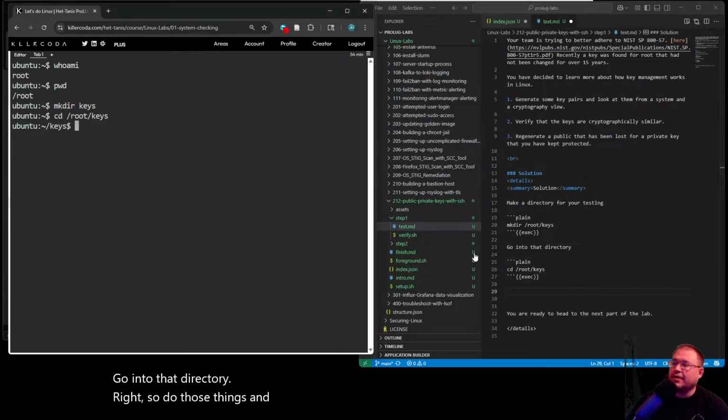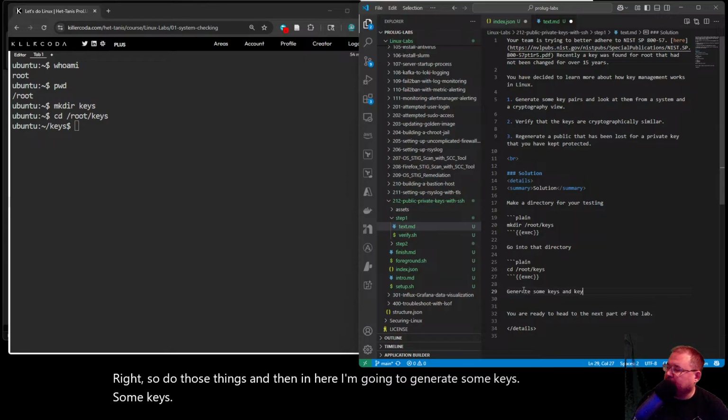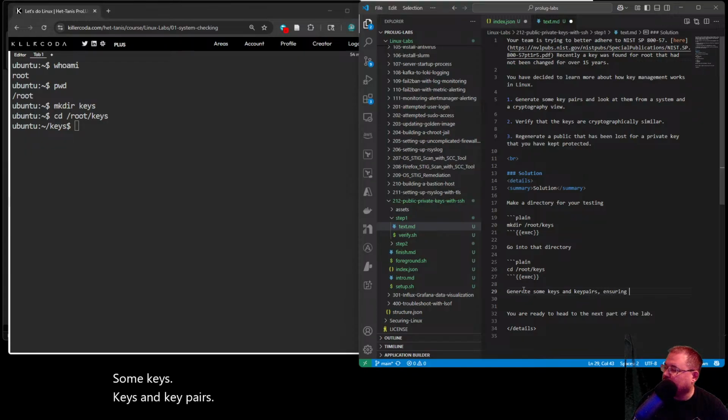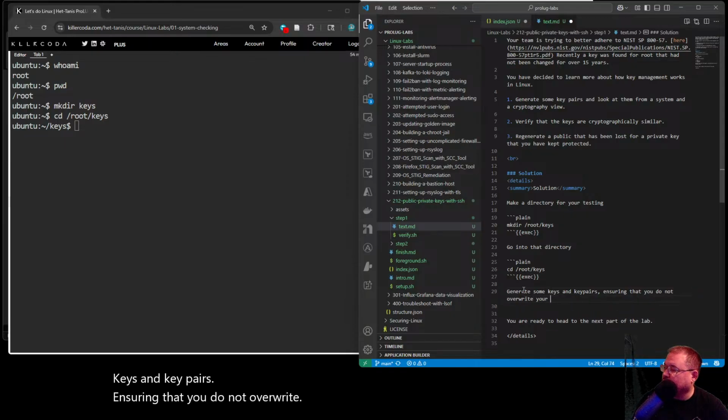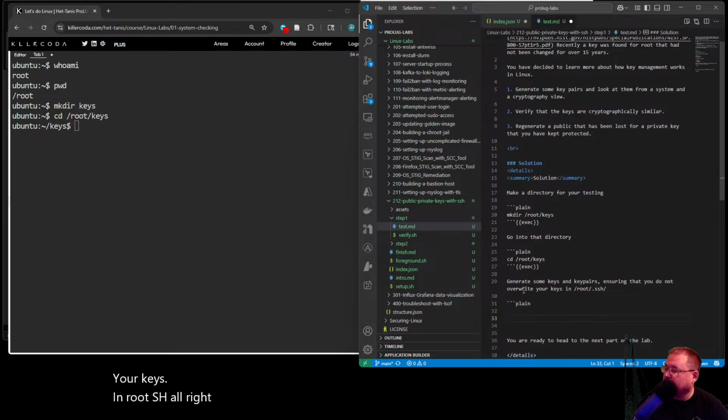And then in here, I'm going to generate some keys and key pairs, ensuring that you do not overwrite your keys in root.sh, right? So how are we going to generate a key?